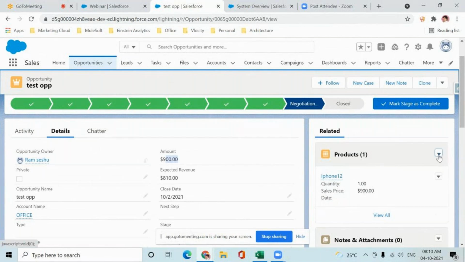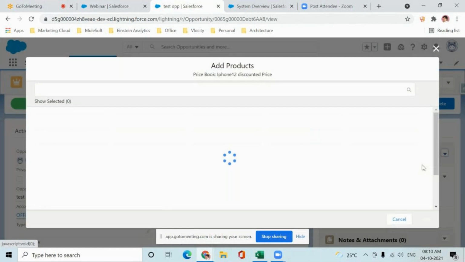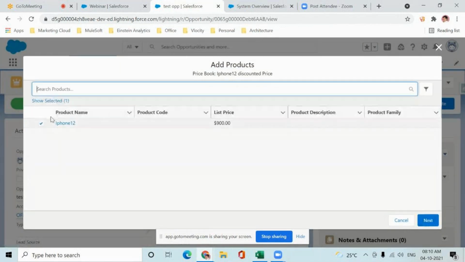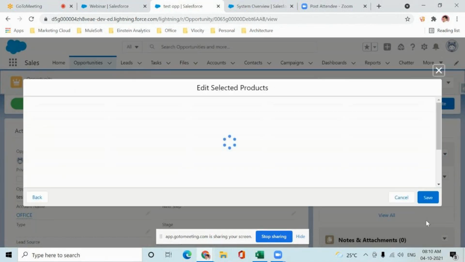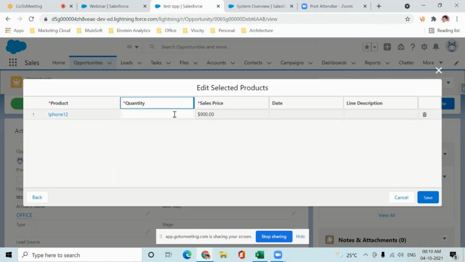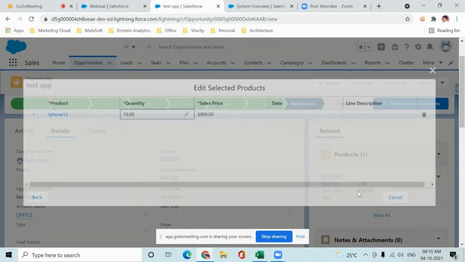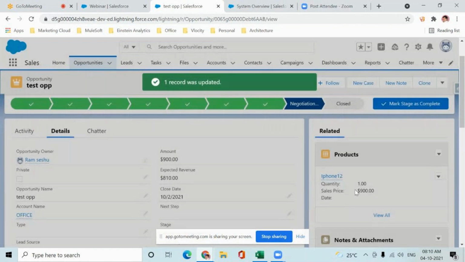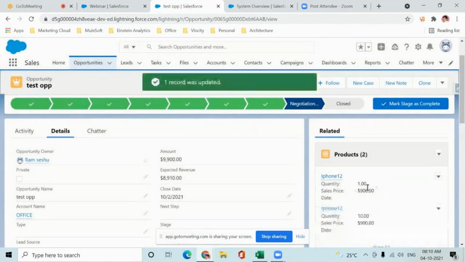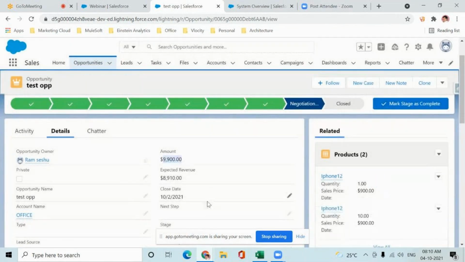For example, if I want to add one more product, maybe the same product again, and say quantity as 10, I'll tell you how these things are done. Okay, save. See, the total is now 9,900.